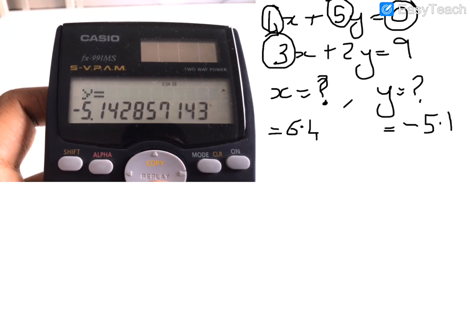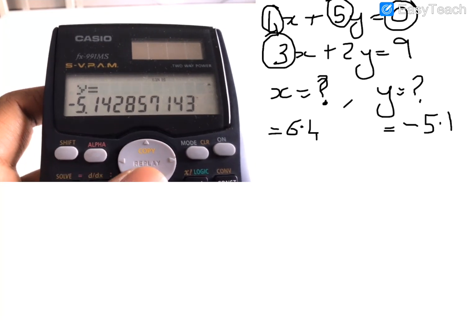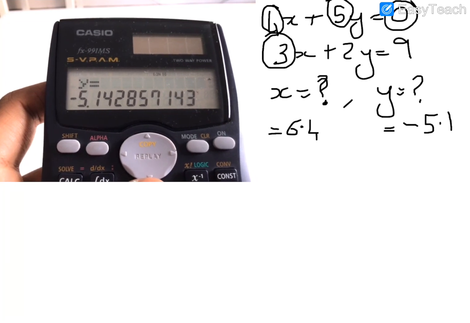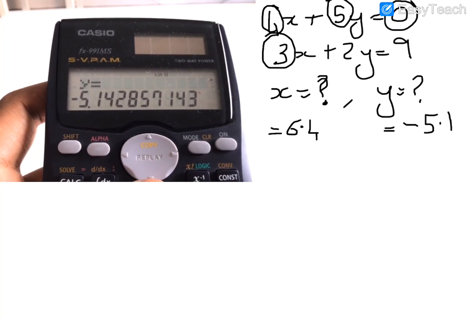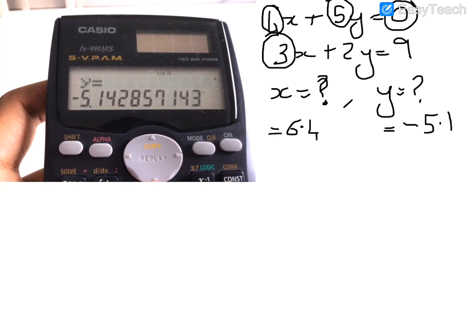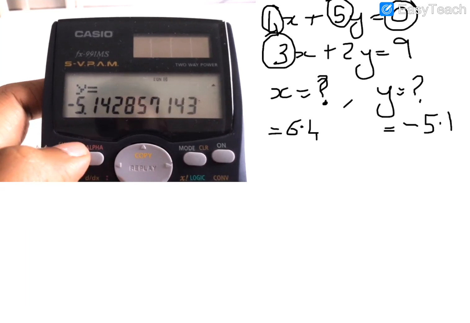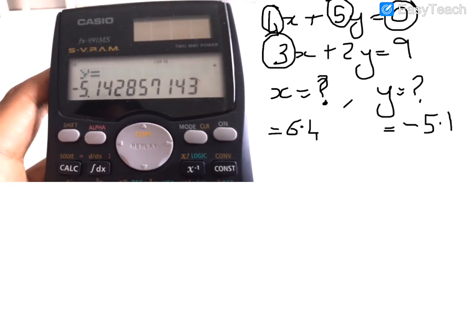So you can try this even when you have 3 equations and 3 unknowns. Another way to do it is the matrix method, but you can also use the calculator just to input the values directly and do it. You can also check if this is the correct value